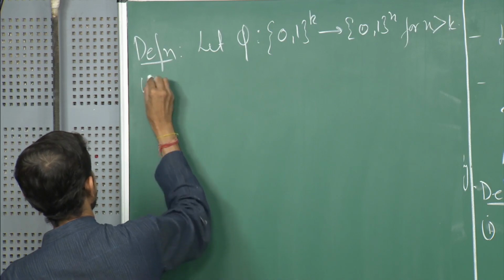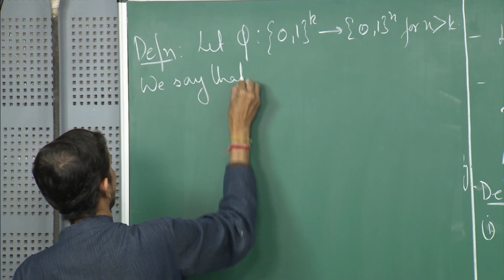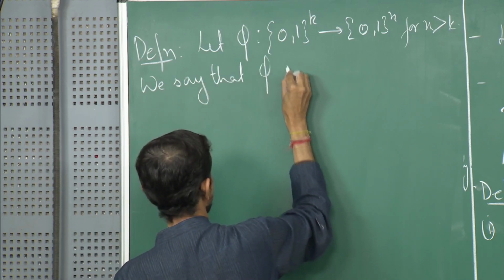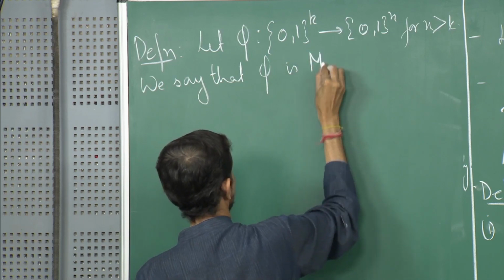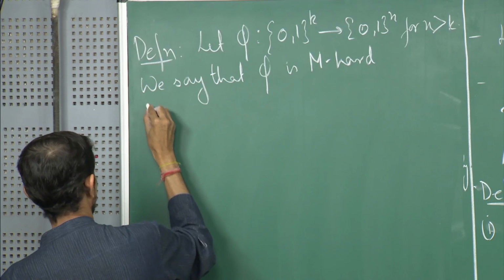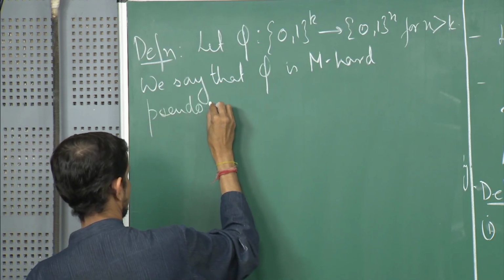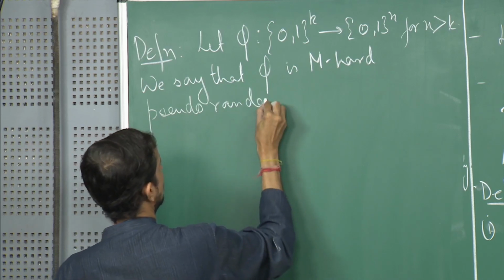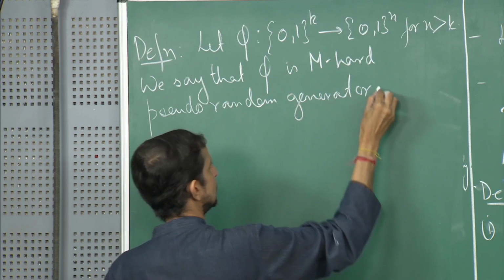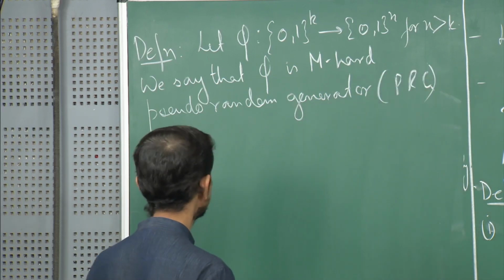We say that phi is m-hard pseudo random generator, so also will refer to this as PRG, if